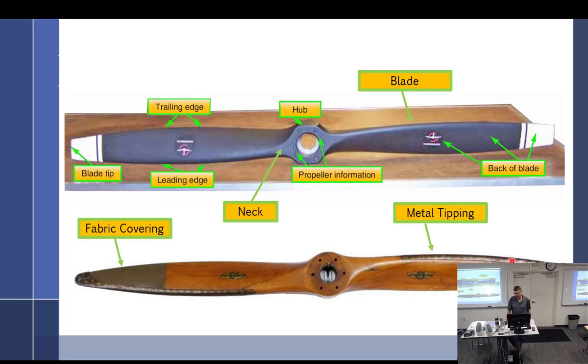Thank you, words. So this is a wood propeller down here on the bottom. This is a metal one, aluminum, up here. These wood ones have this metal tipping all the way down. It's like brass or bronze, and it's to protect the tip from rock dings and stuff like that. It's not very kind to wood props.